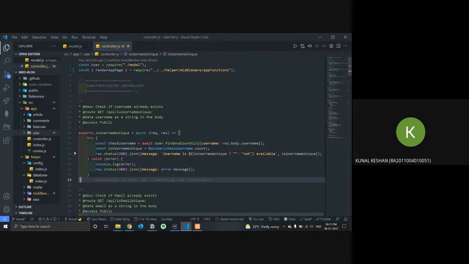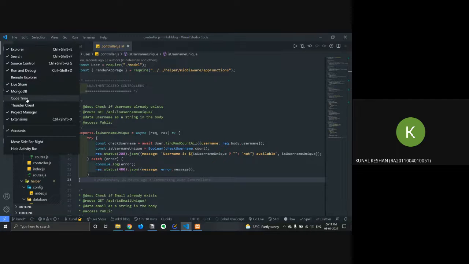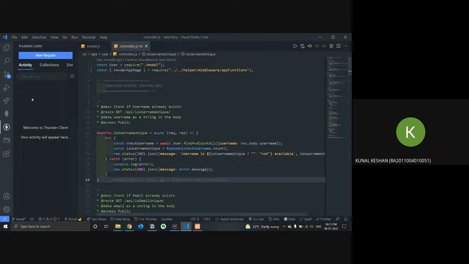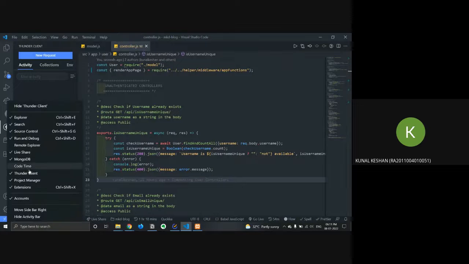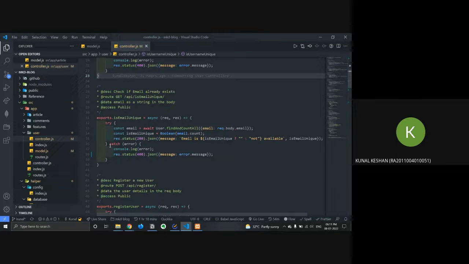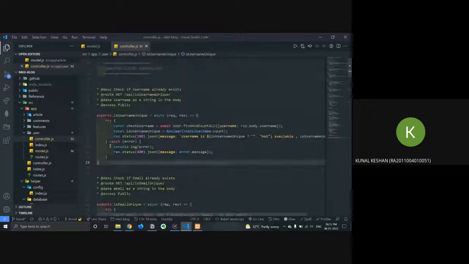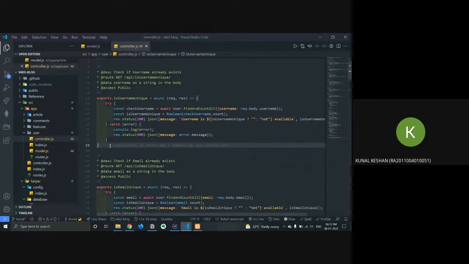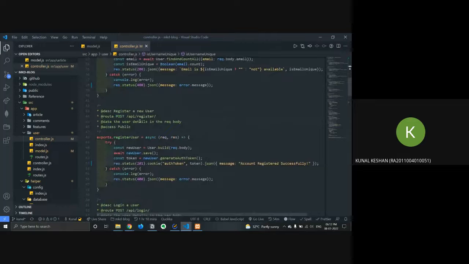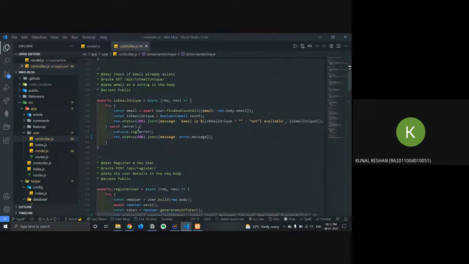Once you do that, you can use Postman or the Thunder client that we had seen to test those routes. I just wanted to show you the use of Sequelize and all that. For the most part, I've written the code for the sign in and sign up, which in our case is login and register.